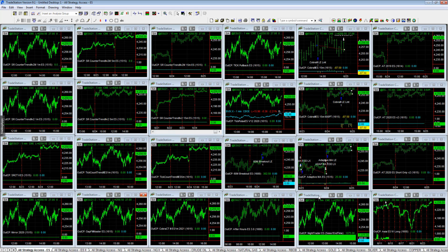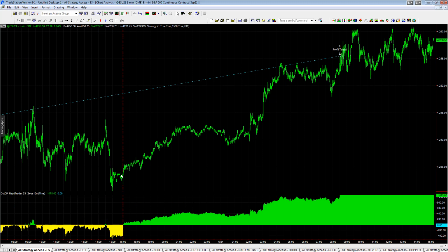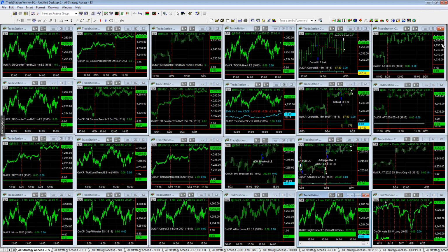That was good for us on Night Trader. So Night Trader still had a position from the previous night, came up, hit its profit target. Takes a little time, and this low volatility sometimes hit its profit target. For other strategies like adaptive moving average, it just kind of broke even on the day, 25, so it didn't